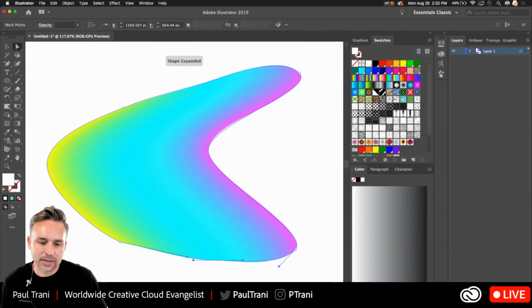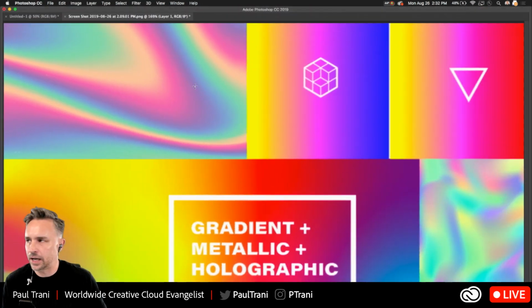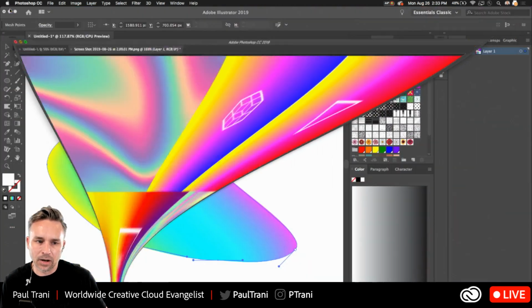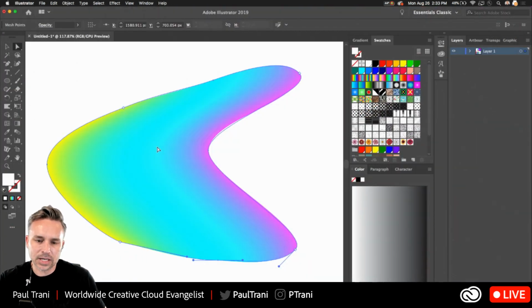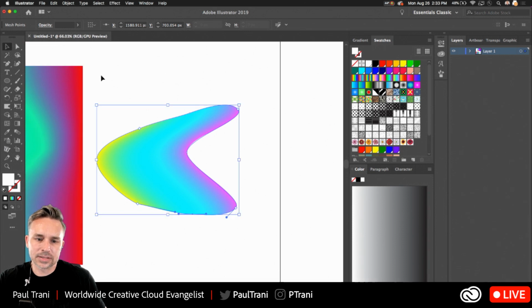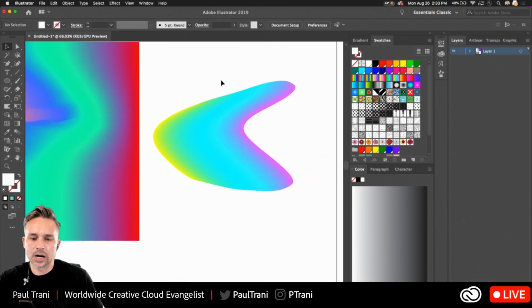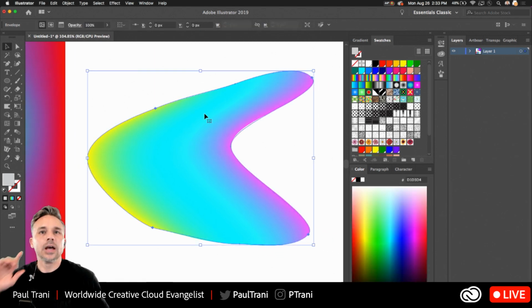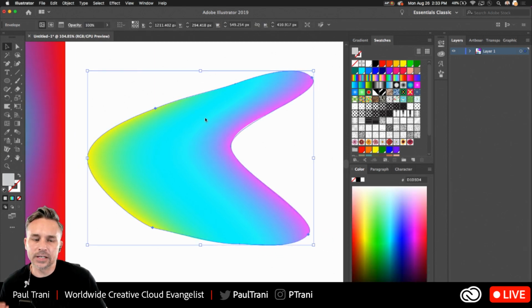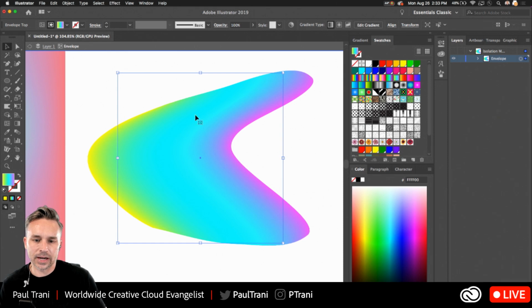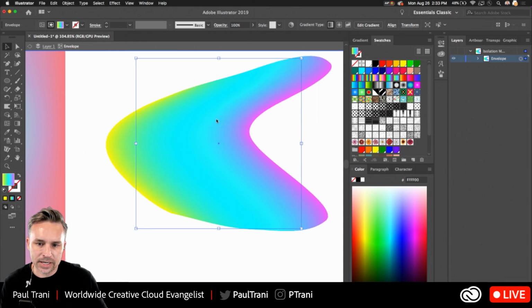This sort of level of control is what I personally want, and it's how I've created this other file. Unfortunately, I had a crash, so I lost some of these gradients. But again, you get this holographic look. That holographic look, quite frankly, looks kind of like this, but all it is is a bunch of these gradients set to something else. In fact, check this out. If you're wondering, can I go back in and change the gradient? Of course you can. As I double click and go inside here,